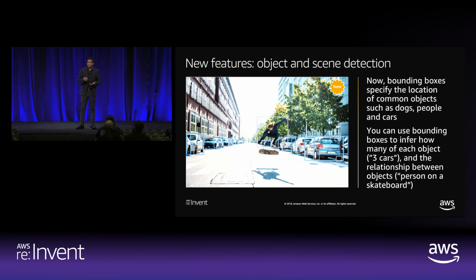And now we are able to, of course, create much higher accuracy label detection, along with providing you where exactly in the image the label is when the label is a physical object. So for instance, in this example, you could see that the picture is not very clear, but if you pay attention, there is a bounding box around the person. In the previous cases, we were able to detect a person. Now we are able to tell you exactly where the person is. So with this, you could use a solution like people counting, because we provide such a high accuracy bounding box. Even when partial bodies are available, you could count up all the bounding boxes for person and say there are 20 people in this room or 100 people in this room.